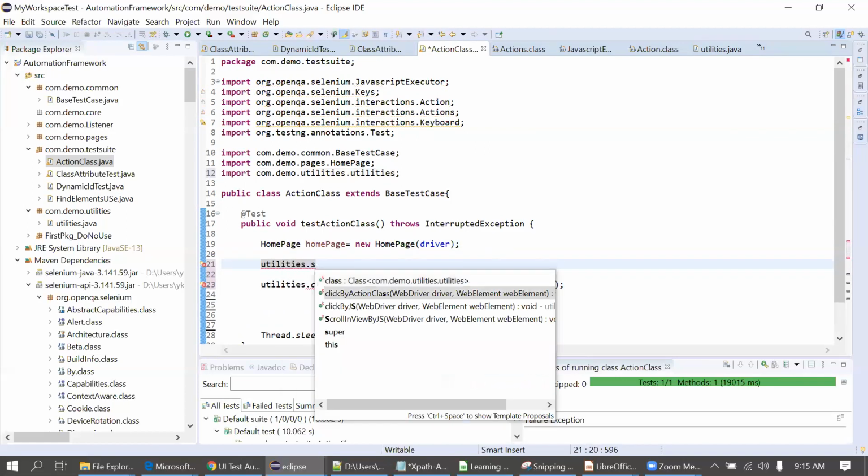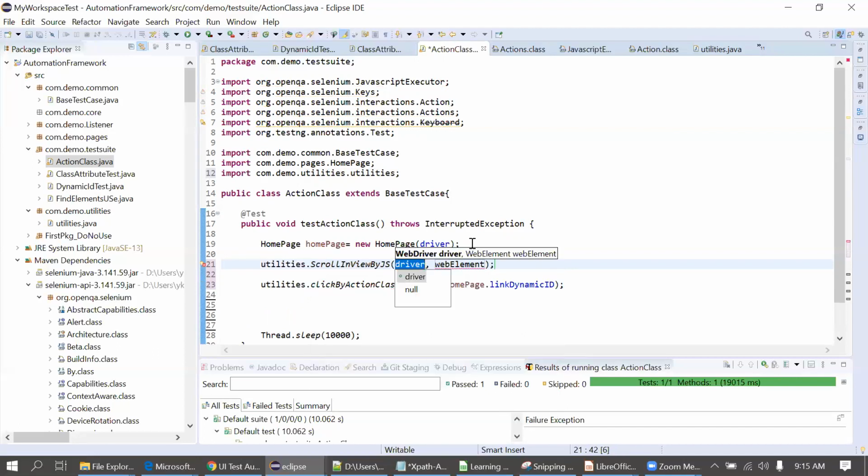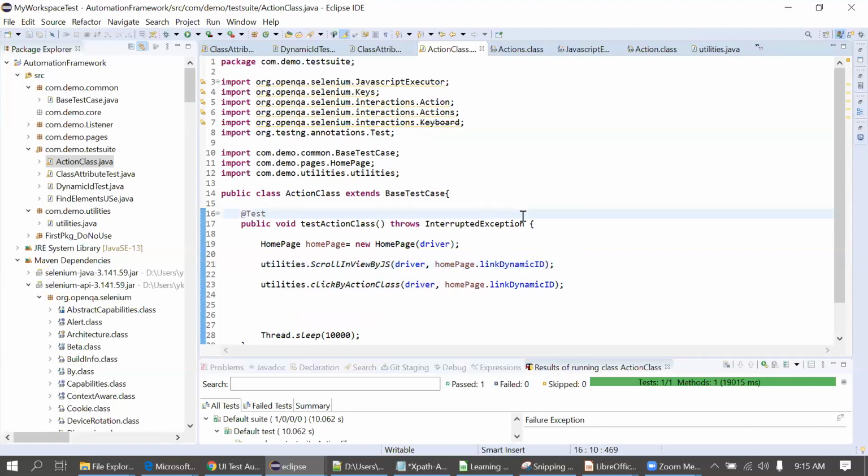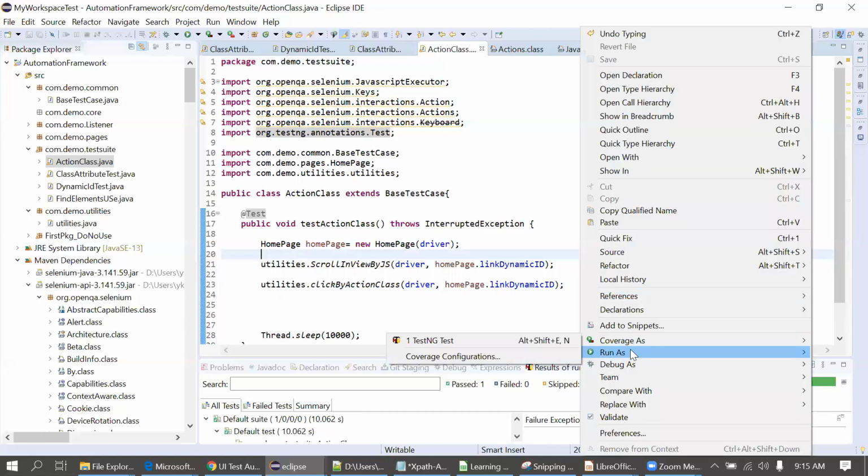I will pass the driver and web element. Okay, so now simply execute it. It will reduce the lines of code, and it will be more readable as well if you write it in a single line. Executing it one more time.